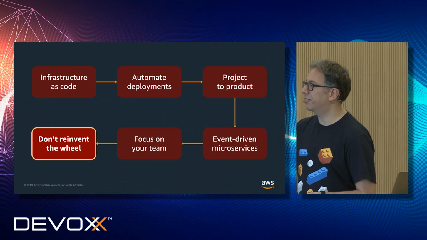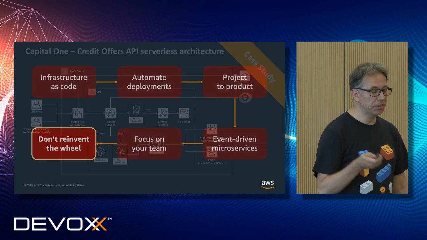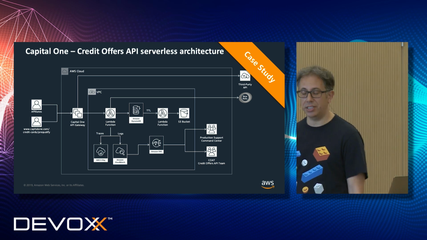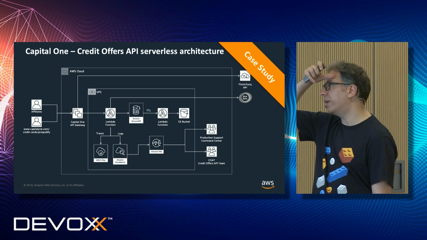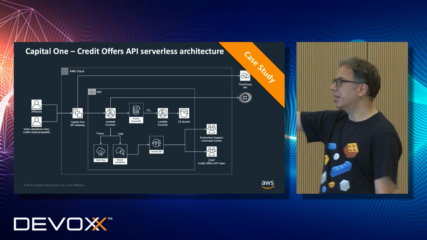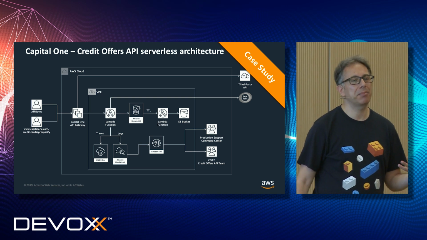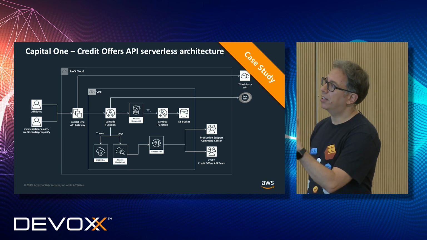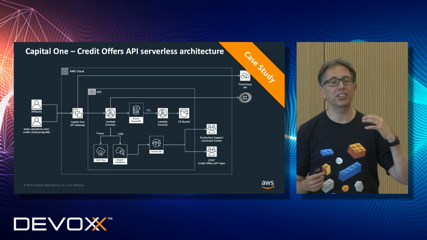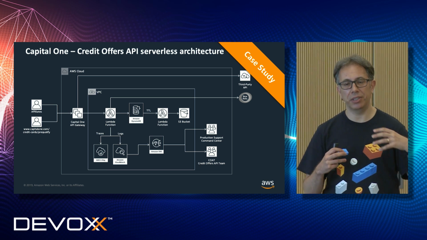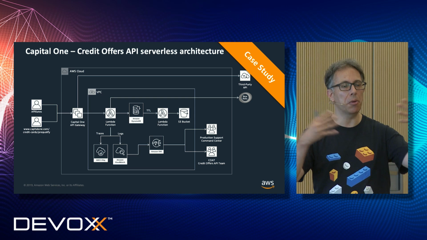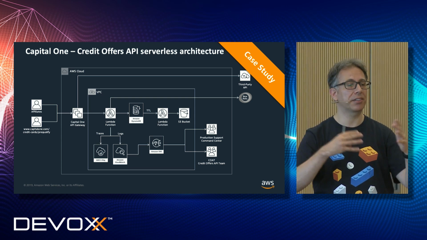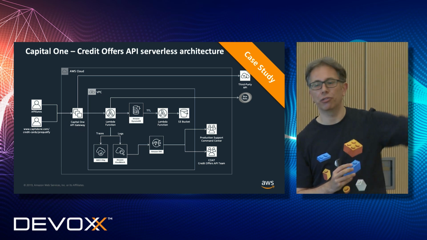And the last step is really don't reinvent the wheel. So look for what our other customers are doing. So this is, for example, Capital One, a huge bank operating in the US and the UK. They built one of the very few public APIs that they have, serverless. This is an API that they call the credit offer API that they use to advertise their credit card with those comparison websites that you use to compare offers, like this is the best credit card for you comparing these 12 banks.